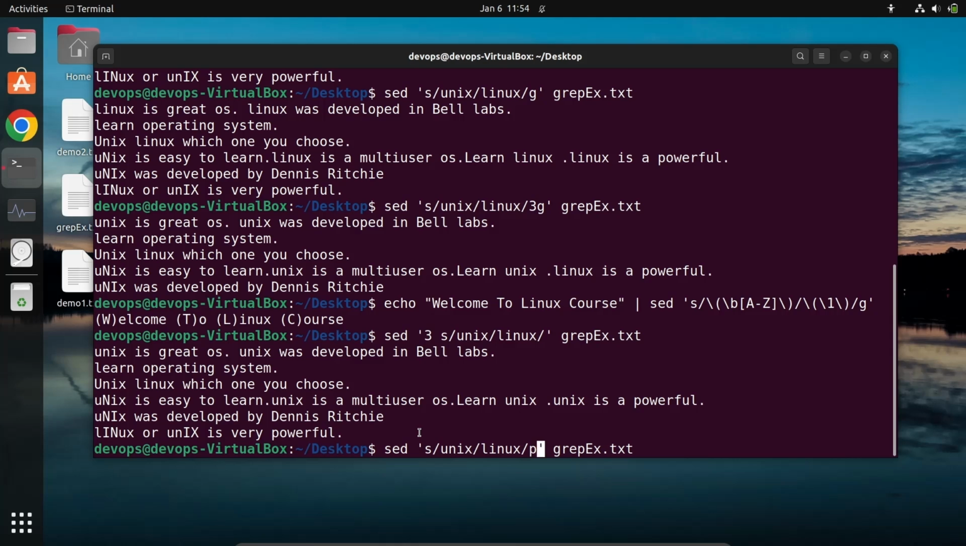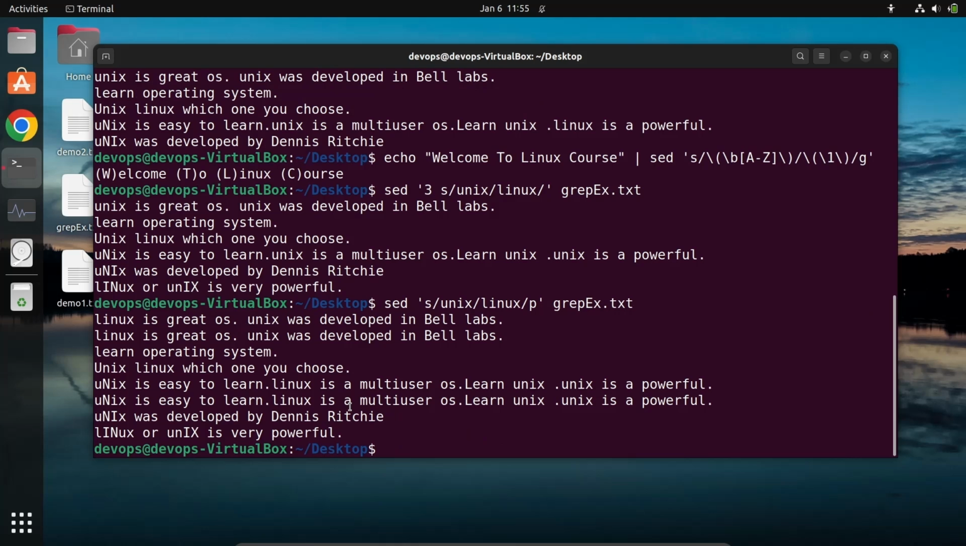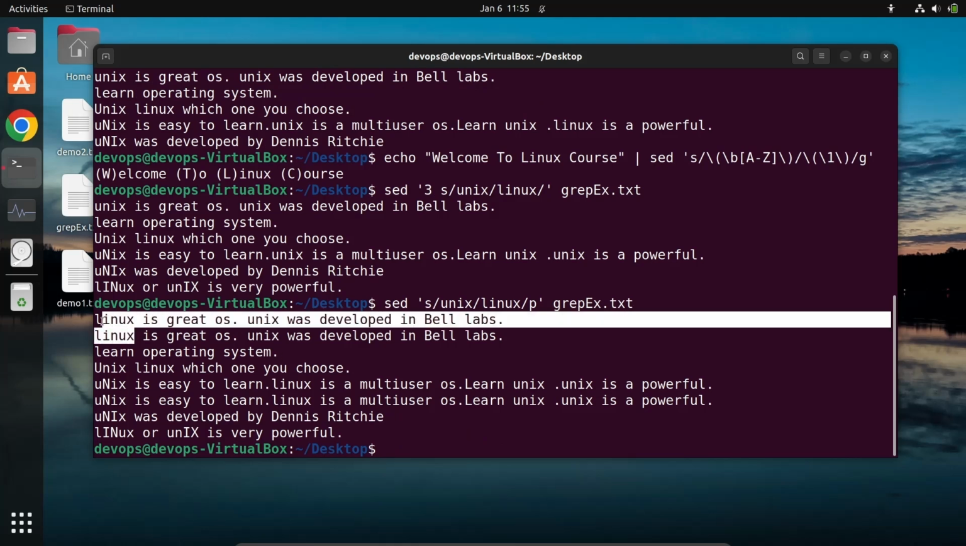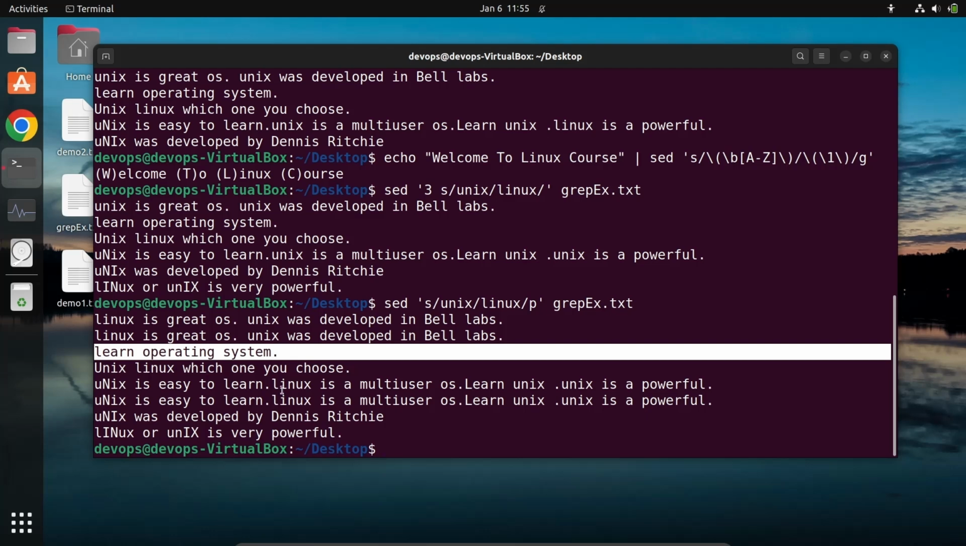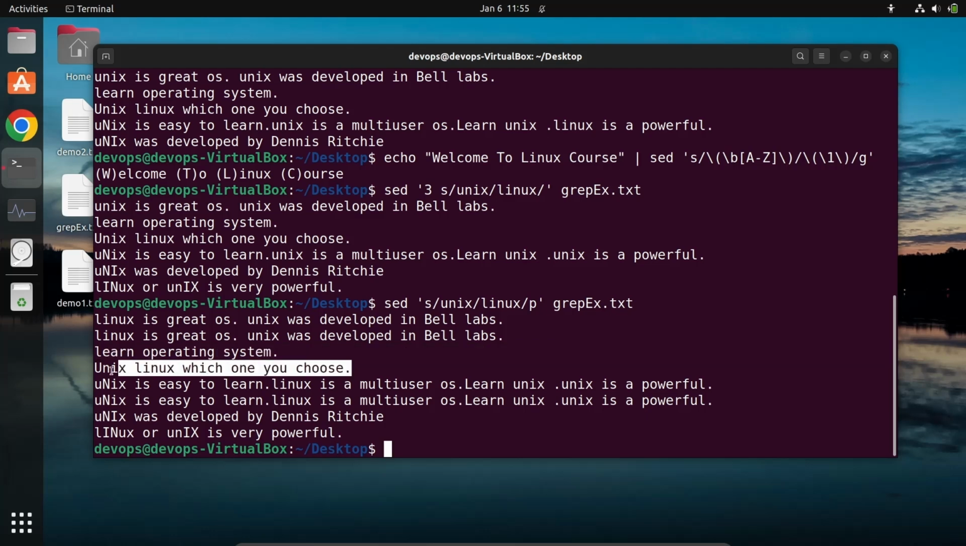Okay, but if a line does not match the search pattern, it will not be replaced. So if it has Unix, it will replace it with Linux, and it will print twice. And if it does not have the Unix pattern matching, it will not print double. So if I hit enter, it has changed from Unix to Linux, and it has printed double. In this line it didn't have Unix, so it didn't change. Similarly for this one,